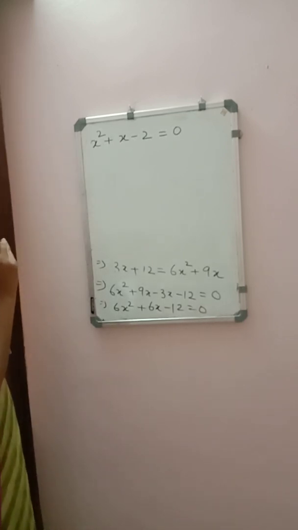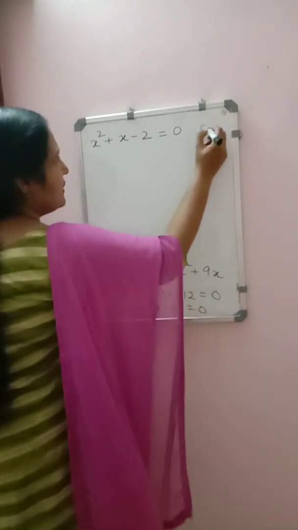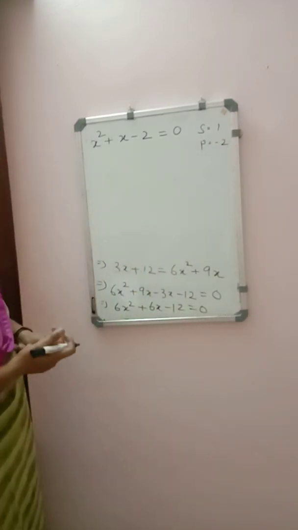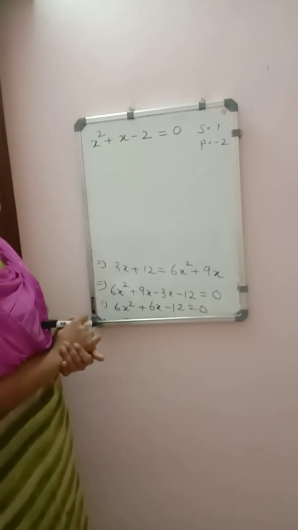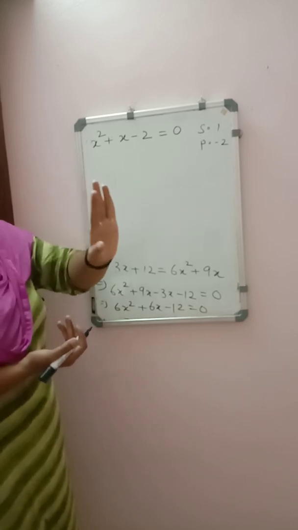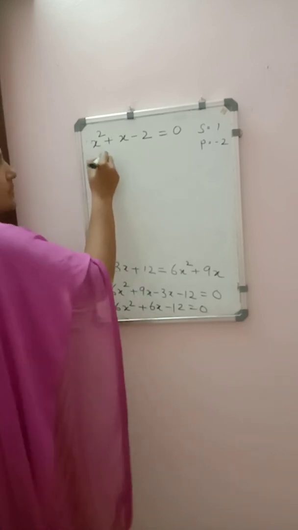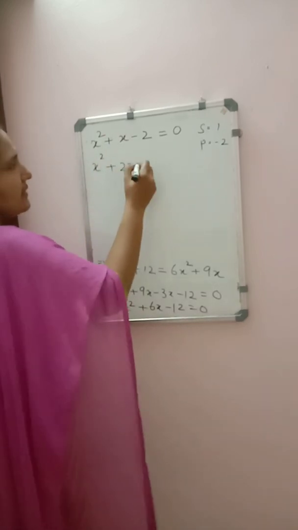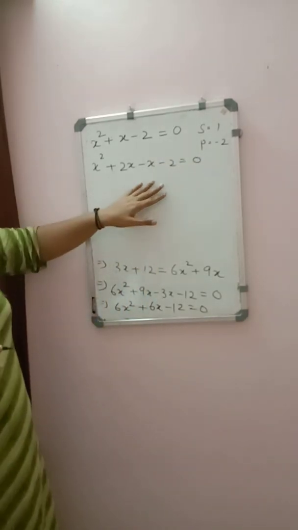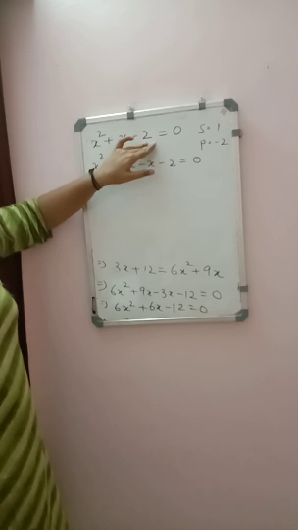Now we can check whether we can use the factorization method. We have to find two numbers. Sum should be equal to 1 and the product should be equal to minus 2. So product is negative. One number should be positive and one should be negative. So product of 2 has only two factors there, 1 and 2. So it will be equal to x square plus 2x minus x minus 2 is equal to 0. If you don't want to use this method, you can use the quadratic formula also. It depends on you. Whichever one is easy for you, you can use that method.